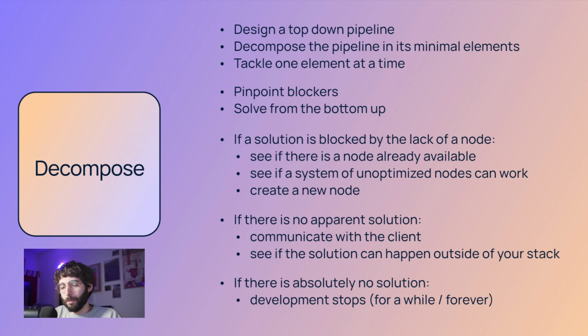So in this case, I will pinpoint blockers. Blockers are elements that, until solved, do not allow me to go on through the process. So in the case of a background generation, I know that background removal is already mostly solved, and since we're working with hard surfaces, I can employ whichever background removal model. I would just need to find a commercially available one, so that's not a blocker. A blocker would be finding the optimal control net depth or control net line art weight for getting good generations all the time. So up until that point, I can develop. But at that point, I will need to stop